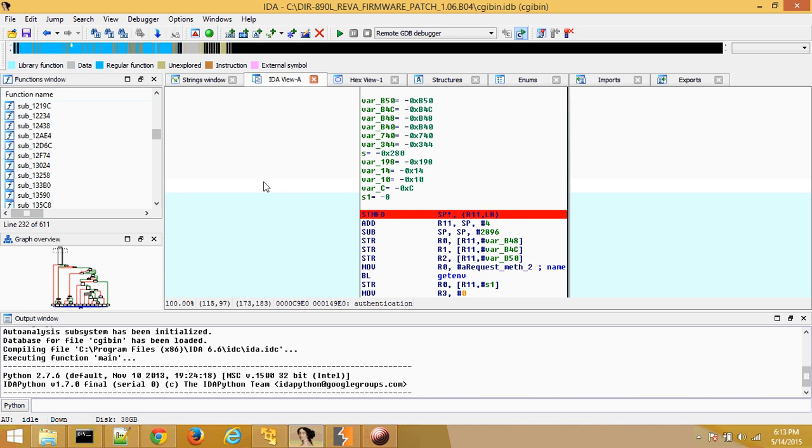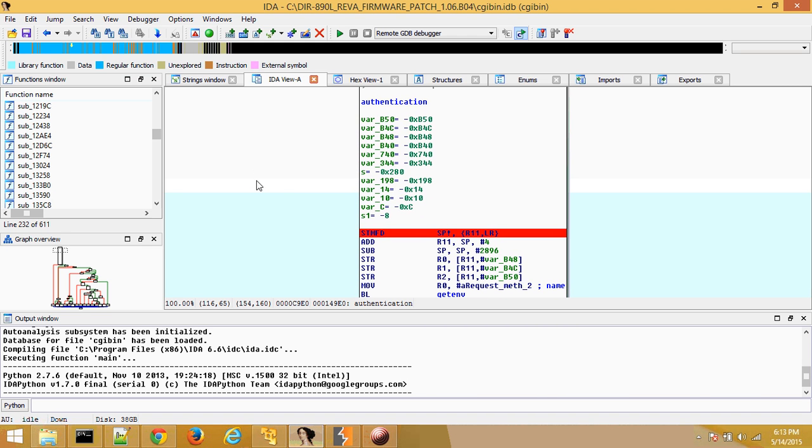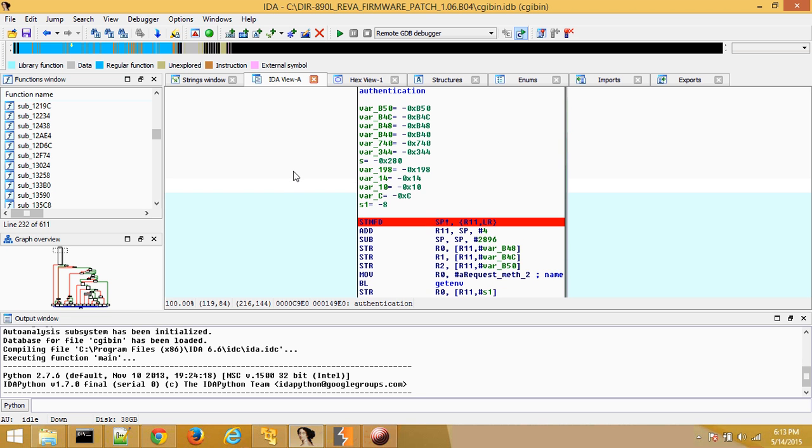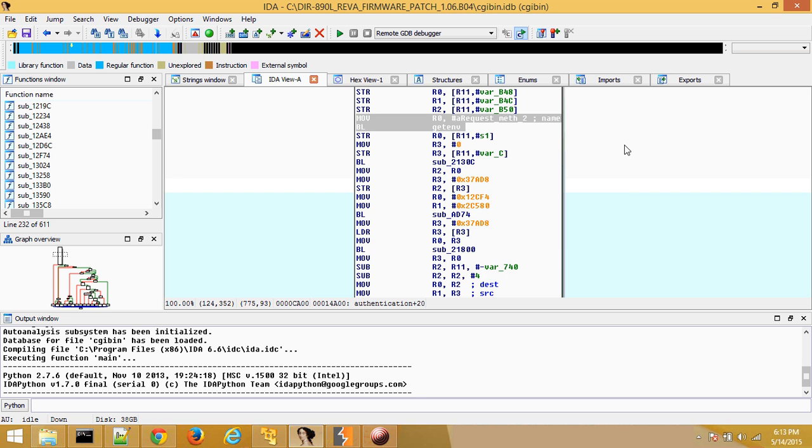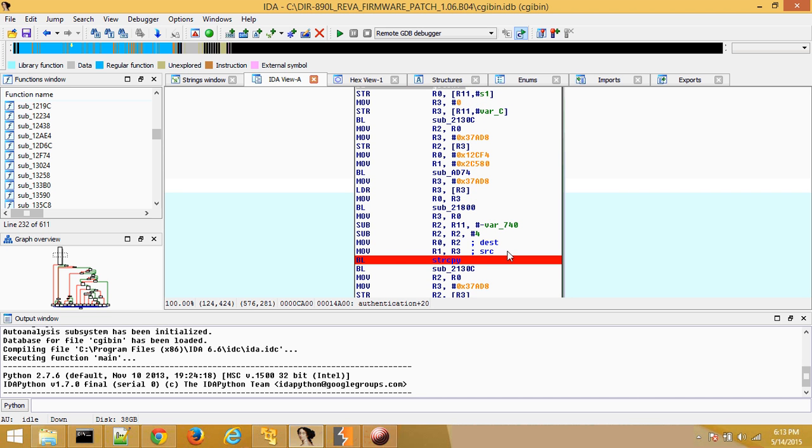One thing I wanted to note here is the authentication subprocedure in the binary. There's a binary called cgi-bin.idb, where cgi-bin is the name of the binary and IDB is the extension from IDA Pro. In this case, there's a specific routine which I have renamed as authentication because it deals with authentication. It receives a getenv call on this line, and if we follow this, it does a string copy directly using that value into the